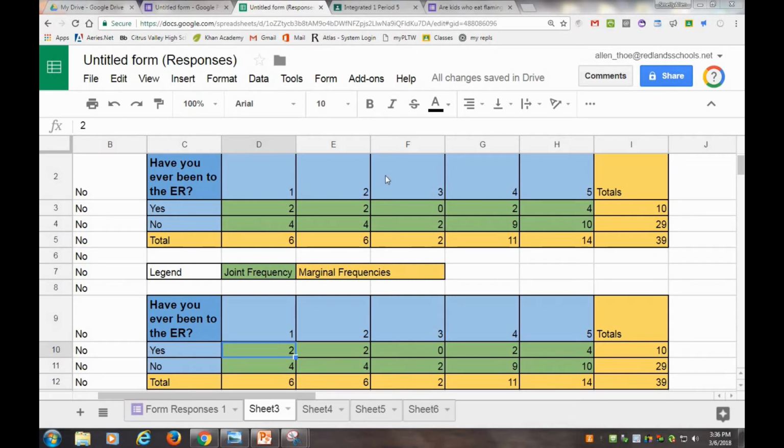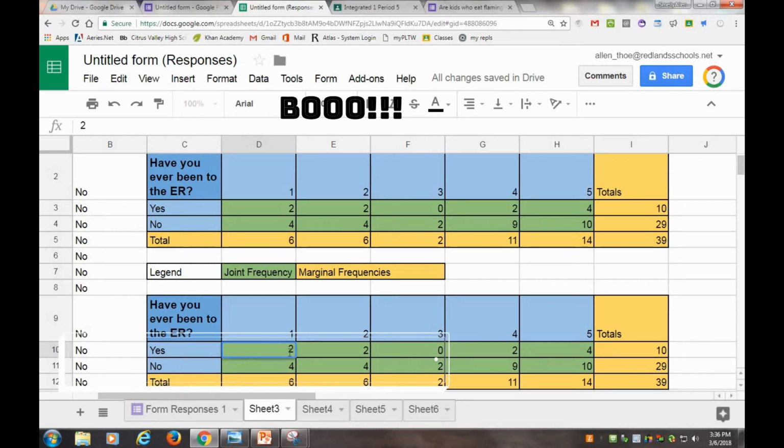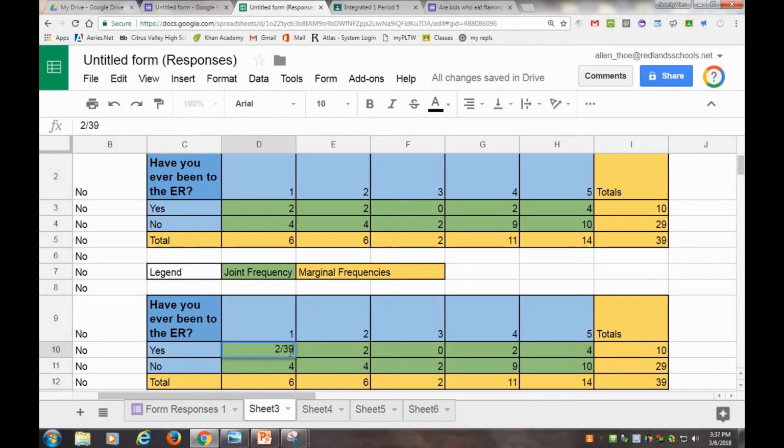Alright, now that we've got our table set up with the raw data and we want to make this into our frequency table, we're going to divide all of these numbers by 39. There's a couple of ways you can do it. One is you could just get a calculator out and start dividing this by 39, entering those numbers, which is totally stupid. The other one is you can do it with the spreadsheet itself, just do /39, but you see